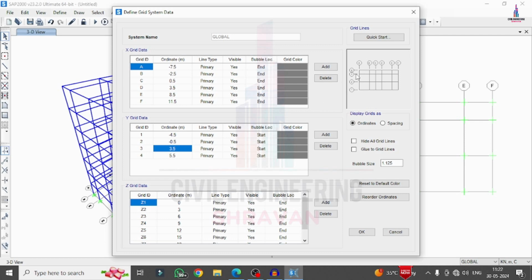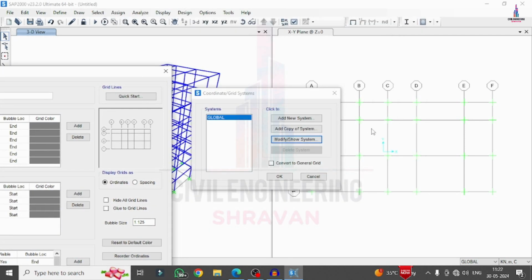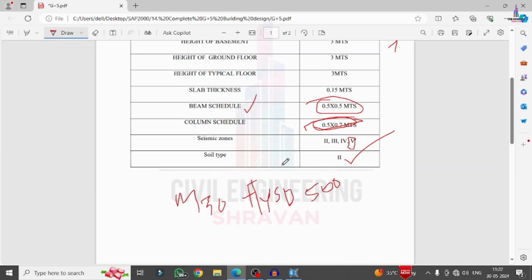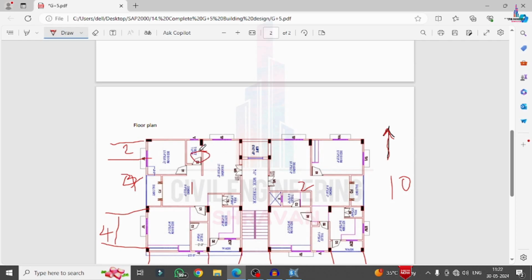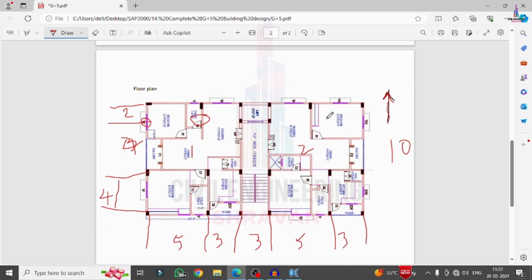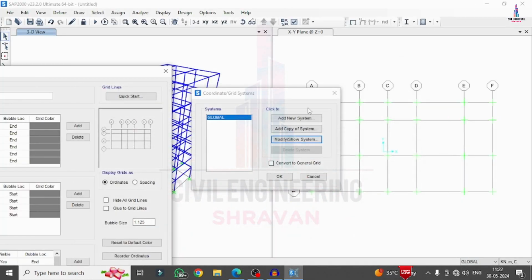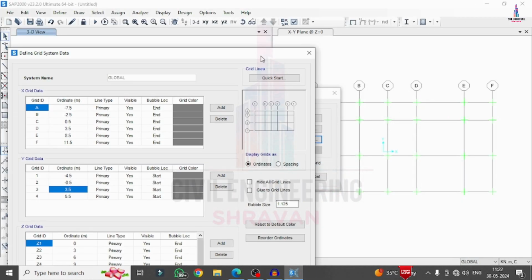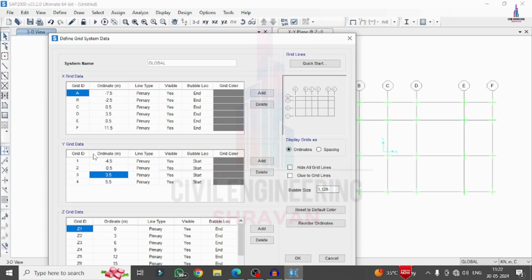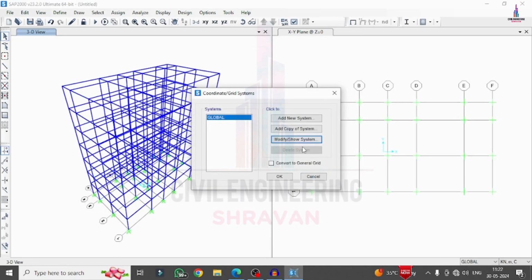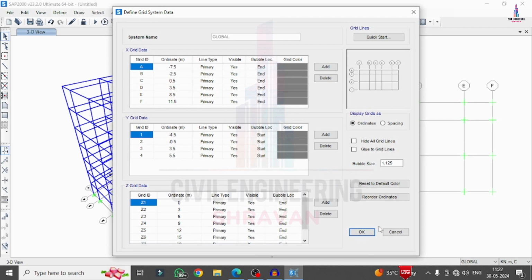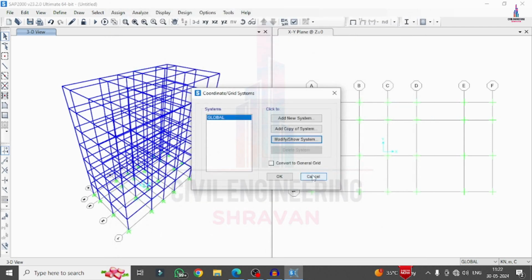So we have to delete this column section which is present at this location, except the lift provision columns. According to the typical floor plan, it does not come under the column section. Now you can see this is the column provision which we provided in the structural model, but we have to delete those particular members. For that reason, I am selecting that property which is of y direction, and in the y direction also we have to consider z direction. So go to select 3.5 option for that particular section. Okay, 3.5. Cancel option, cancel option.